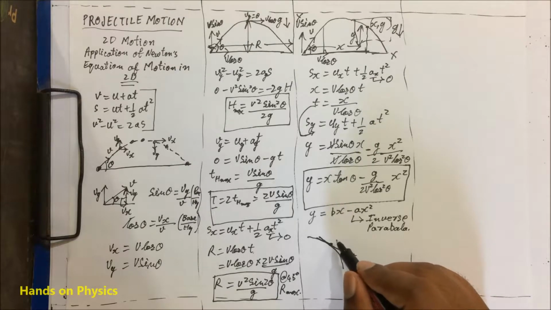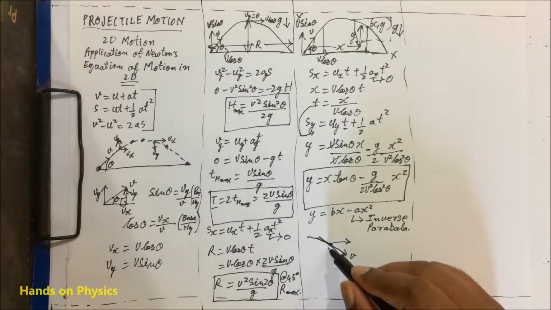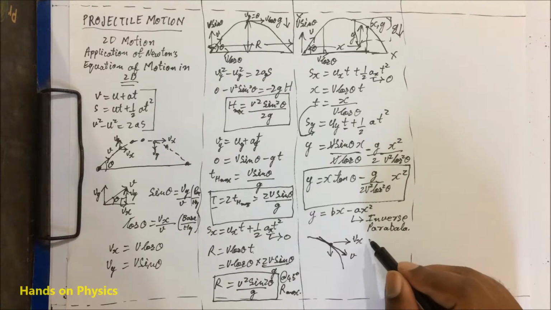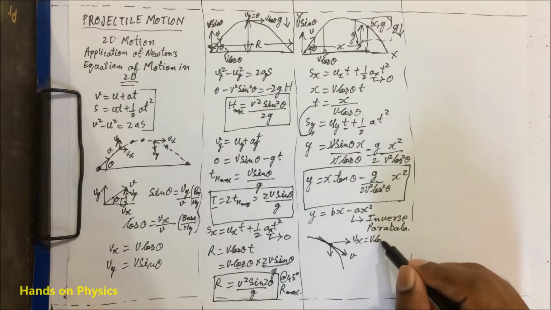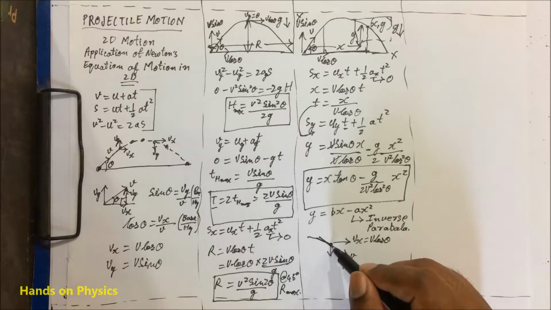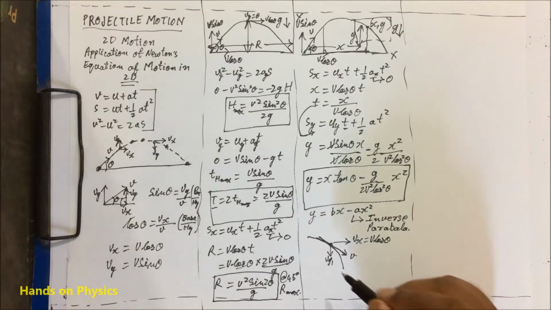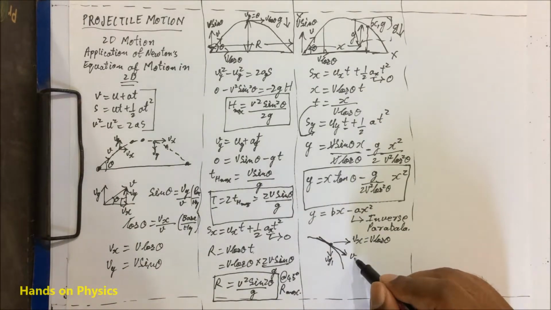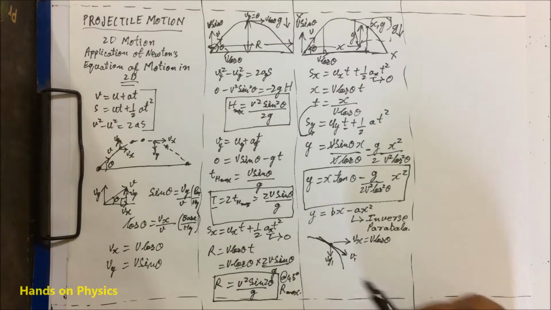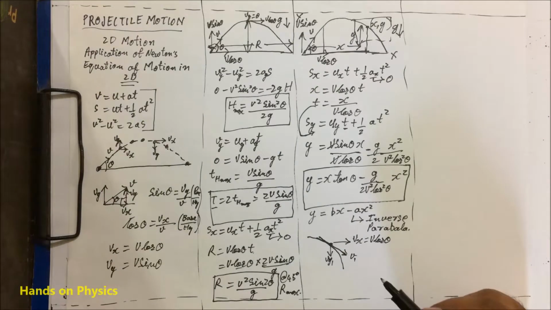So in order to find out the velocity, we'll again divide it into x and y components. This will become v of x. As I already told, v of x will not change, and it will become v cos theta. And let us say at this point the velocity in y direction is vy1. So this is v1. So in x-axis direction, the velocity will be vx, and in y-axis direction, the velocity will be vy1, which can